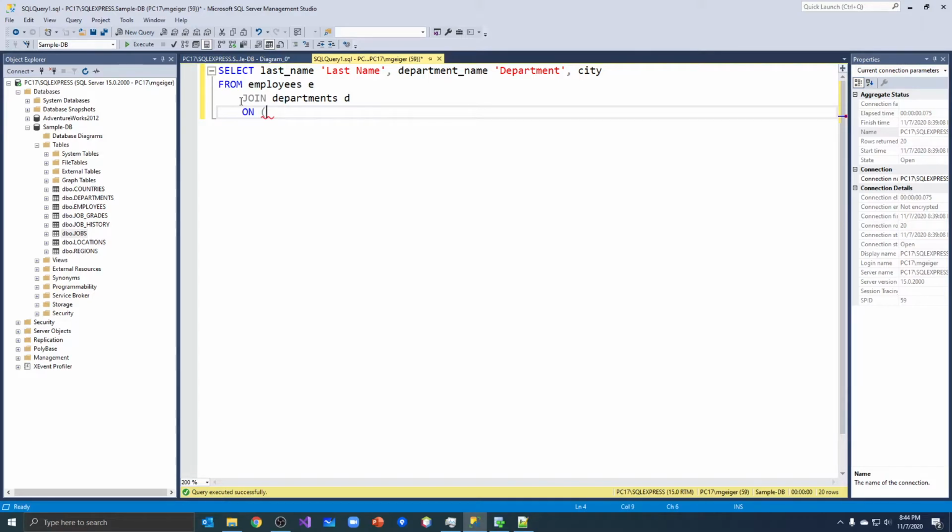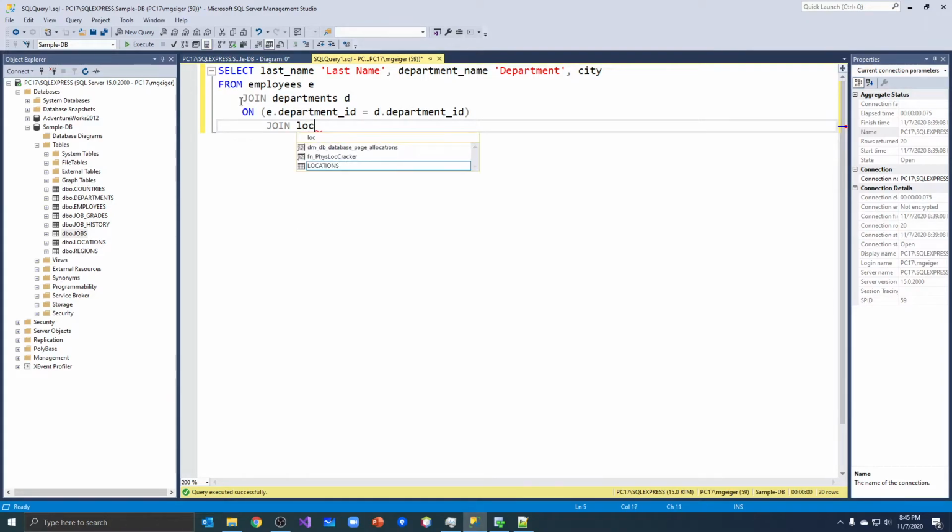Okay. Now we've done this before, join employees to departments table. So from the employees table, we want to get the department ID and see if it is equal to the department ID in the departments table. E dot department ID. Okay. So that joined our first two tables together. And now we're going to join the departments table to the locations table. Okay, so employees join departments on this condition, join to the location, and we'll call the location table L